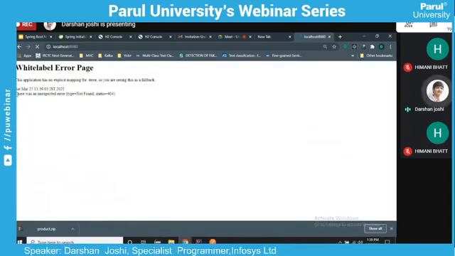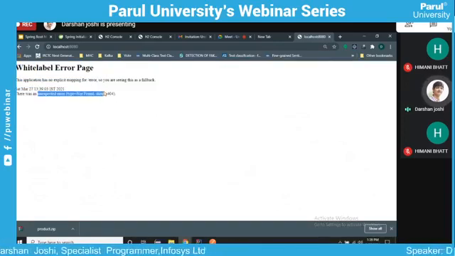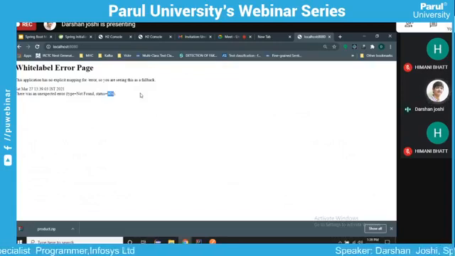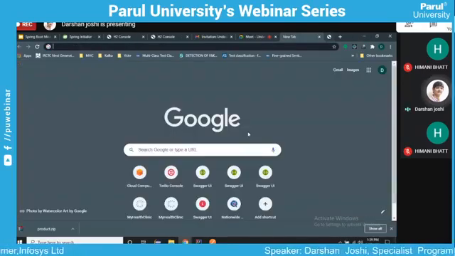Yeah, you can see the application has a no expression. Whenever you see this white label error page, that means your application is up and running. It will return a 404 because we don't have any context path, or we haven't added any page for error not found 404. So it's up and running.